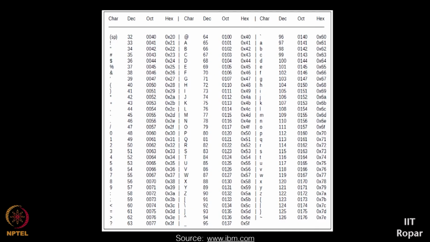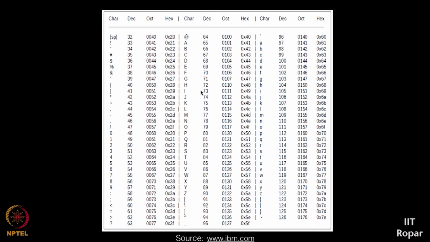I'll show you. Here we have the ASCII table. You can see here that capital A is represented by 65, capital B is represented by 66, capital C is 67, capital D 68, which goes till capital Z 90. So similarly, we have character encoding for the lowercase letters too. For example, small a is represented by 97, small b is represented by 98, which goes till 122, and z is represented by 122. Similarly, for the special symbols also, we have the ASCII values.